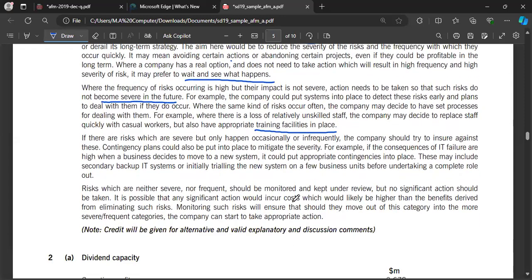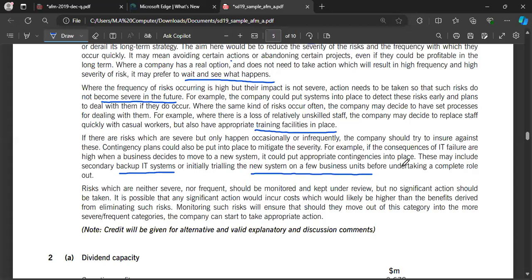If there are risks which are severe but only happen occasionally, the company should try to insure against them. Contingency plans could be introduced to mitigate them. For example, if IT failure risk is high when a business decides to move into a new system, it could put appropriate contingency plans in place. This may include a secondary backup IT system, or initially trialling the new system on a few business units